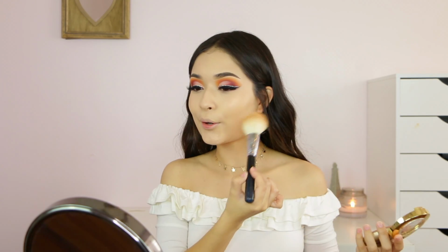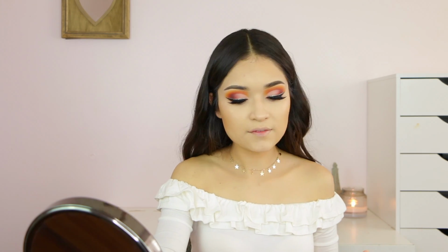The only thing is that you kind of have to not just go however, because it's so big that you can mess up and make a mess. But you can easily clean it because you just apply setting powder underneath and it's clean. So I don't know if you guys can tell, but it's not super clean. I do have a little bit of bronzer down here, which is okay because, like I said, you can go ahead and clean it. Just don't contour with this because contour does have to be a little bit